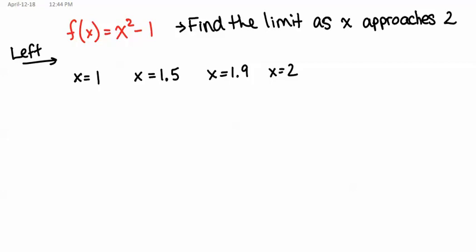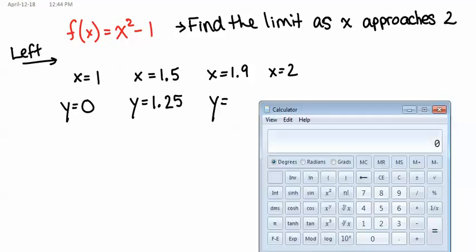When x equals 1, y would equal 1 squared minus 1, so 0. When x equals 1.5, 1.5 squared minus 1 would equal 1.25. And then if I sub 1.9 in, 1.9 squared minus 1,